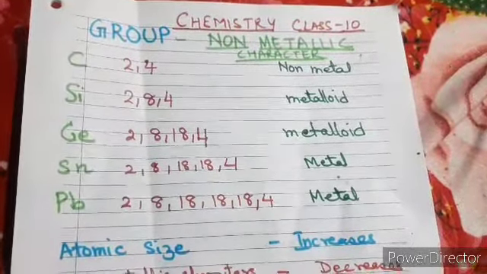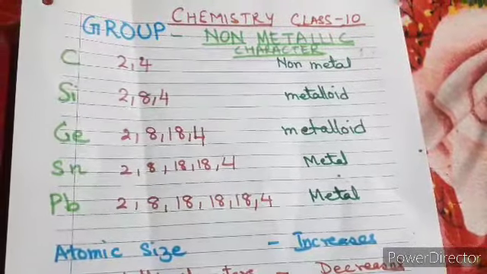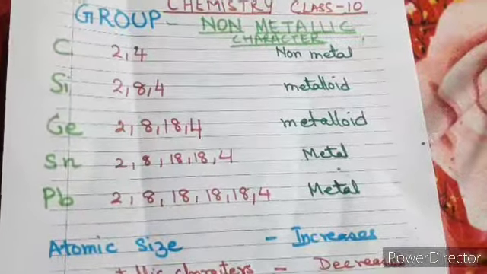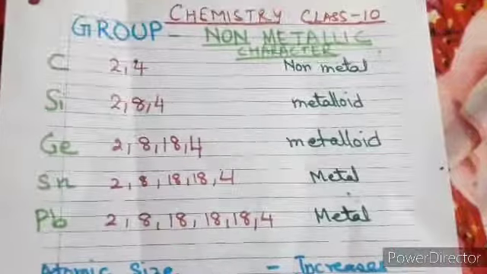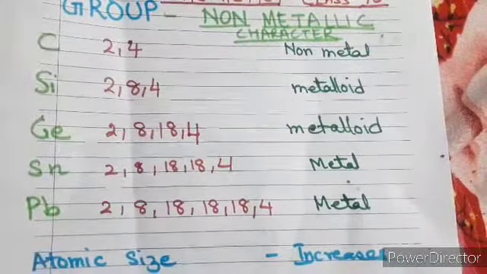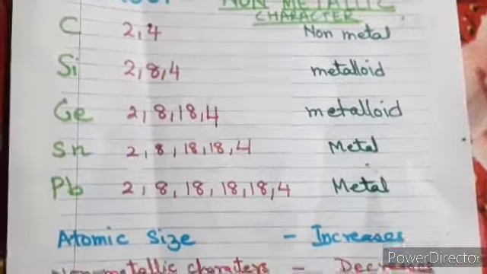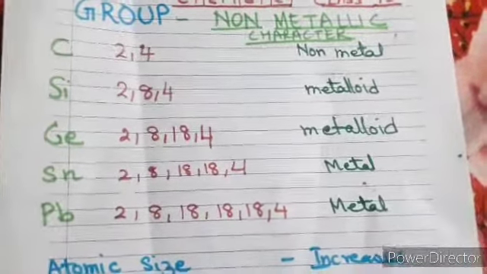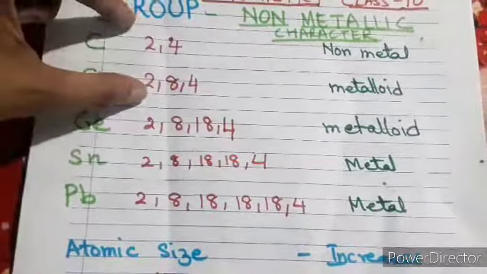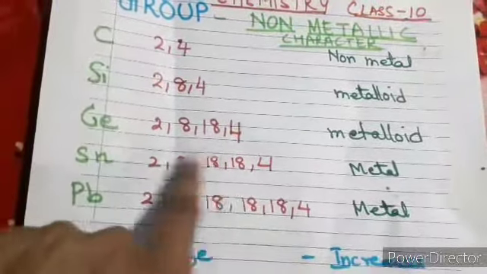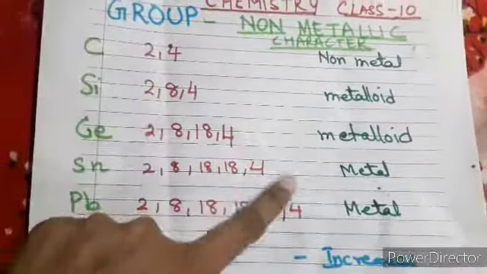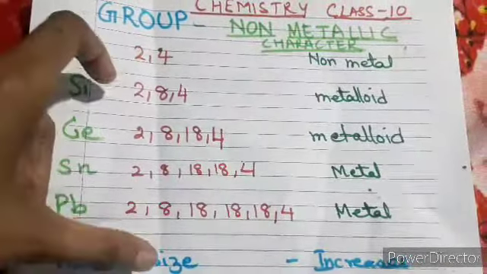Class 10. Today we'll start with the non-metallic character and especially its variation in groups. I have placed group 14 over here, with all the elements of group 14. You can see that I have written the elements with the green pen, and along with that I have written their electronic configuration. This is in your course, but this way of writing electronic configuration is not, but this particular thing will help you understand it.